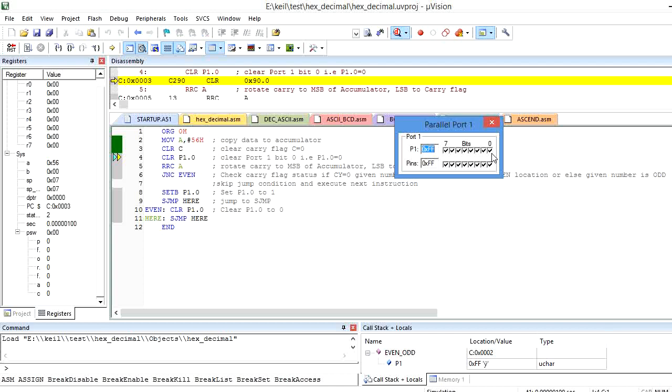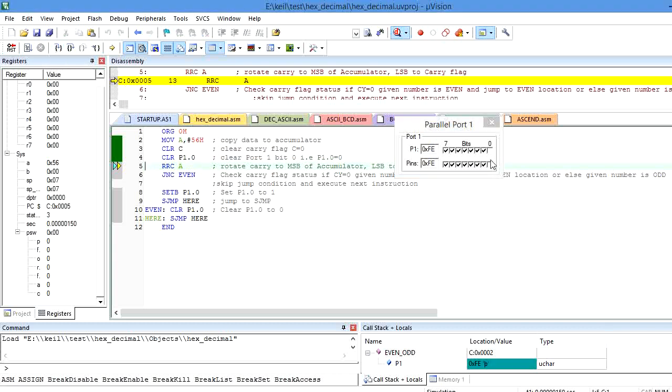If I assign 0, the specific pin of the port acts as an output pin. But by default bit 0 of port 1 acts as an input because it indicates a tick mark. Tick mark indicates input here. So let me clear bit 0 of port 1 by using the instruction called clear P1.0.